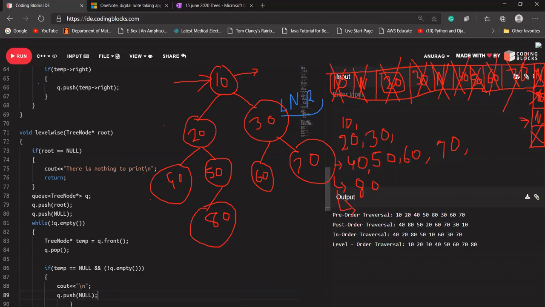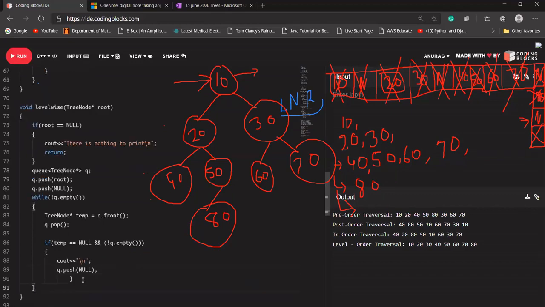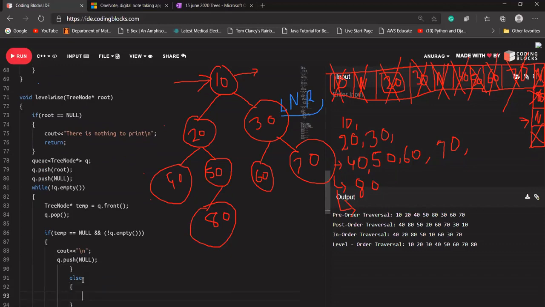Is that fine? If it is not null, then I'm going to do the same thing that we did in the case of level order traversal.